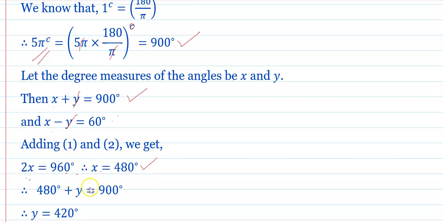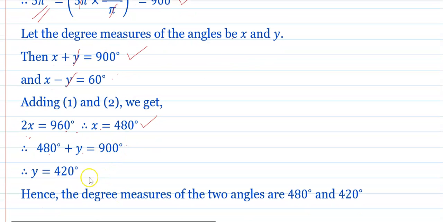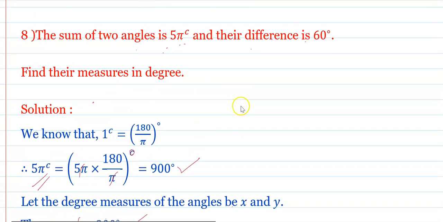Next, to find out the measure of another angle, we will substitute the value of x. x plus y is equal to 900. It is 480 plus y is equal to 900, and therefore y is equal to 900 minus 480. You will get 420, and hence the degree measures of the two angles are 480 and 420 degree. Okay, now the next